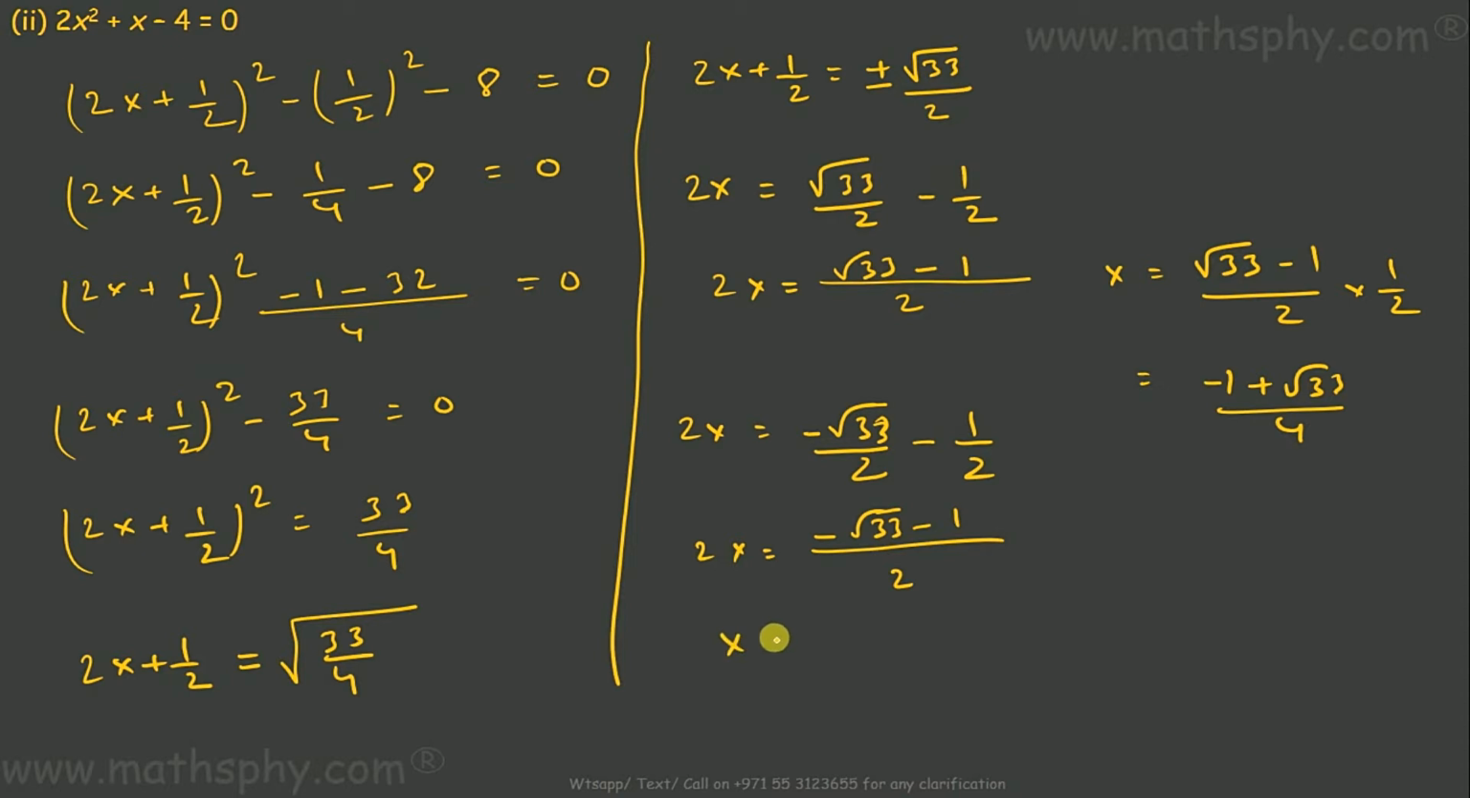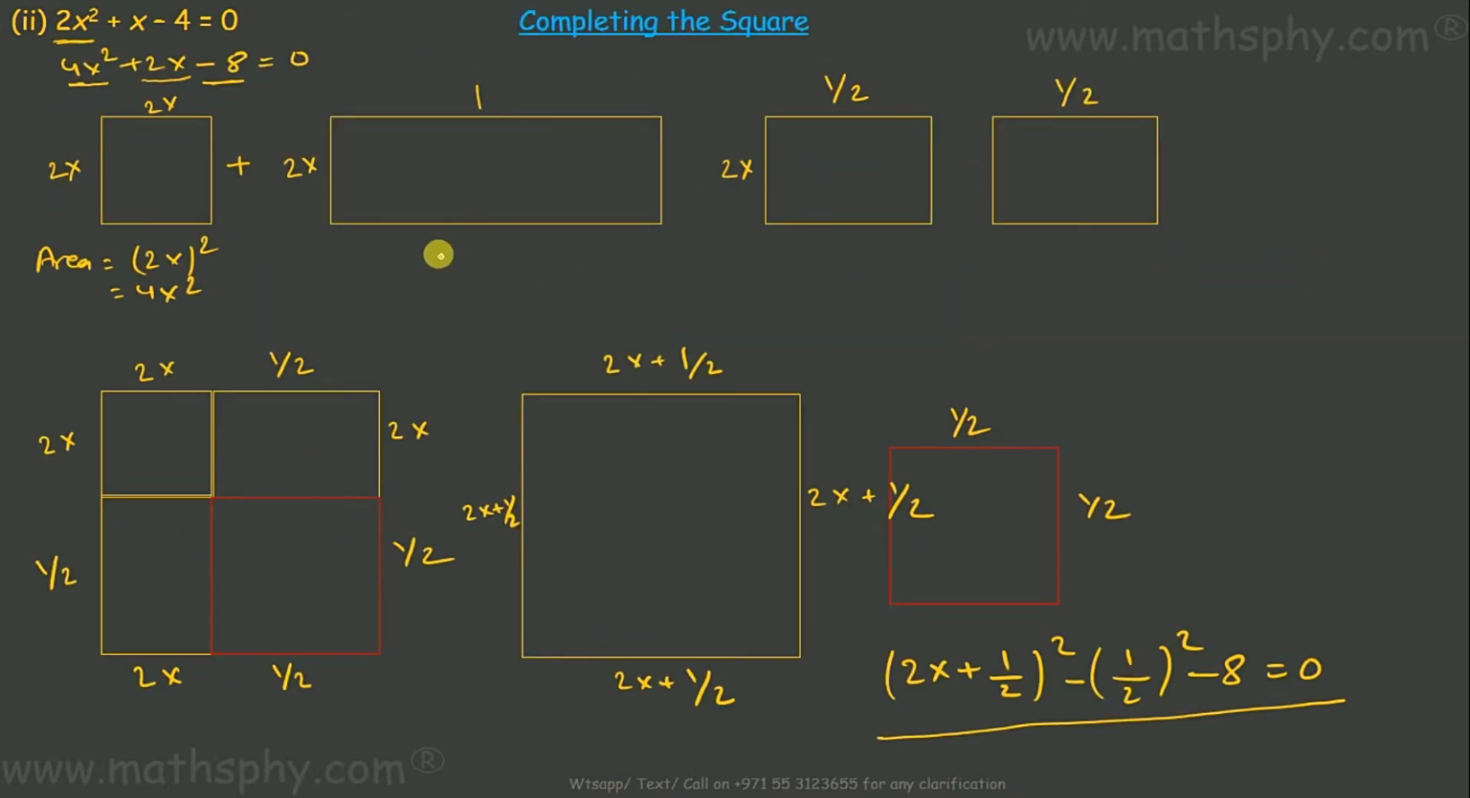So x would be, I can change this also, negative 1 negative root 33 over 2 into 1 over 2, which is negative 1 negative root 33 over 4. So roots of this equation would be negative plus root 33 over 4, negative minus root 33 over 4. That's the answer here. Now, as I said in the beginning, I can find the same answer following this method,